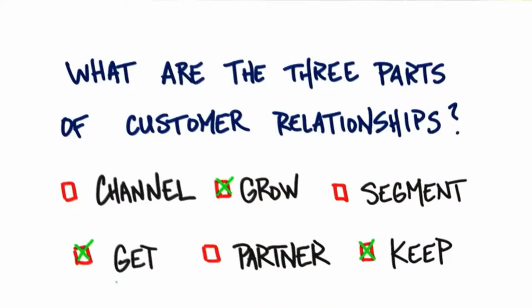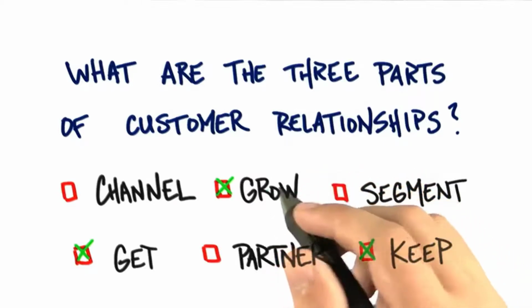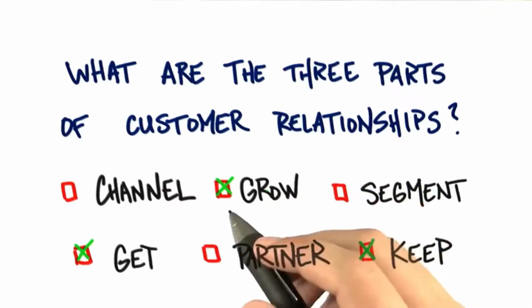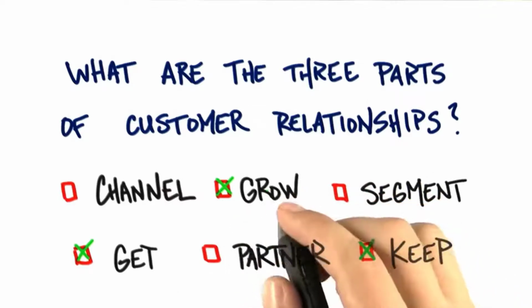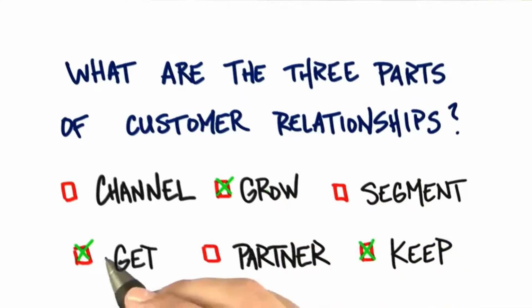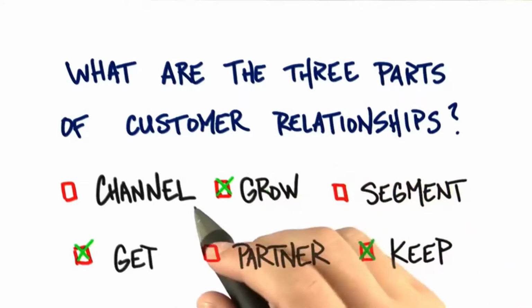As we'll see, customer relationships start with get. Get is how you actually acquire customers and get them to purchase your product. Keep, just like it sounds. How do you keep customers for a long period of time rather than losing the ones you've spent all the money acquiring? And then grow is a neat trick that smart companies do, is that they understand that it's a lot more expensive to get customers than to keep them and grow them. And so they figure out how to sell existing customers more products. Get, keep, and grow, the 3 components of customer relationships.